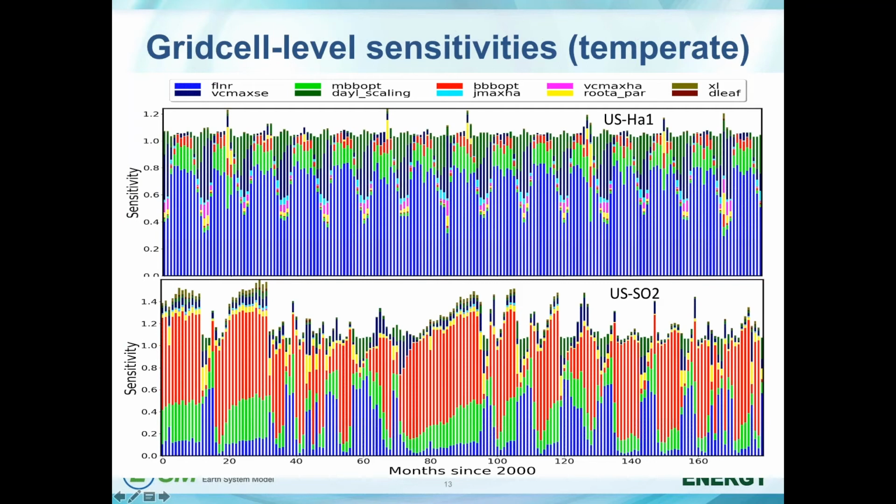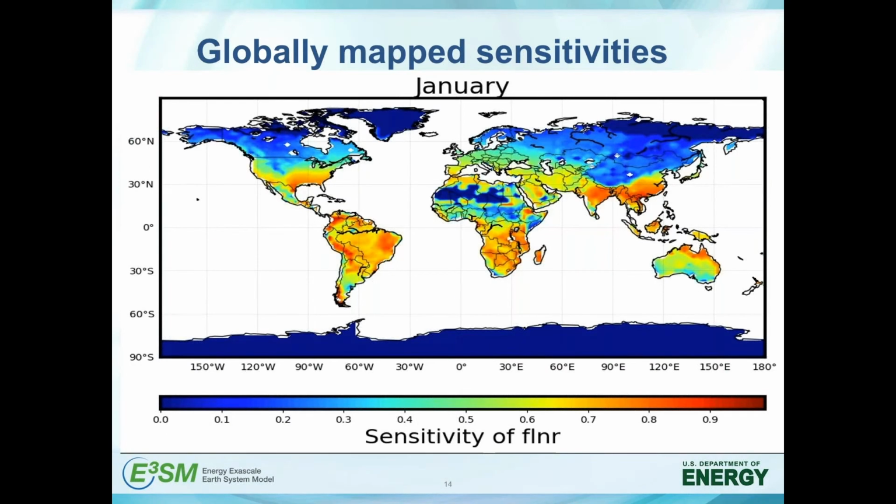And the bottom site is, I believe, in Southern California, again, a much drier site, so we can see the strong role of both the stomatal conductance slope and intercept parameters there. So with this globally relevant surrogate, we don't have to look just at individual grid cells. We can begin to look at global distributions and global patterns of sensitivity. And so I'll show a few of these.